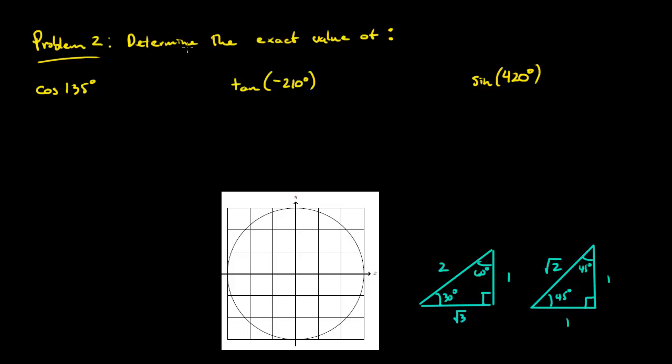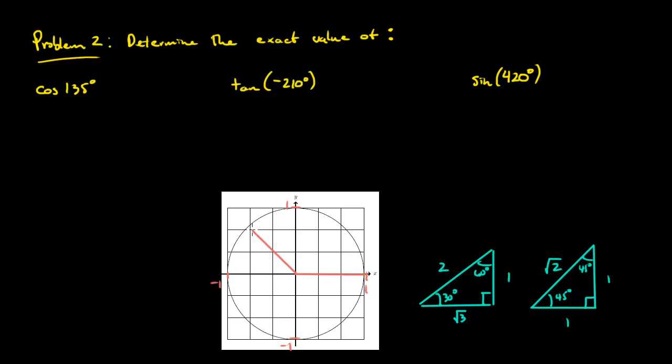So here it says determine the exact value of cosine of 135 degrees. So let's first off draw this on the circle that I've given you here. And let's suppose that this is the unit circle. So let's suppose that that's 1, and this is 1, and this is -1, and this is -1 here. If we draw an angle of 135 degrees